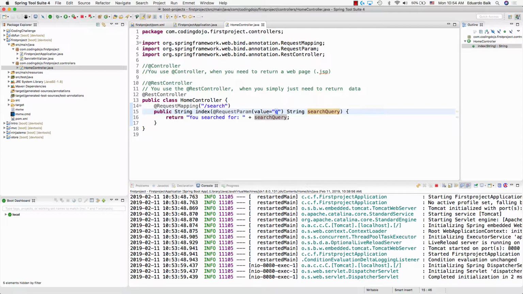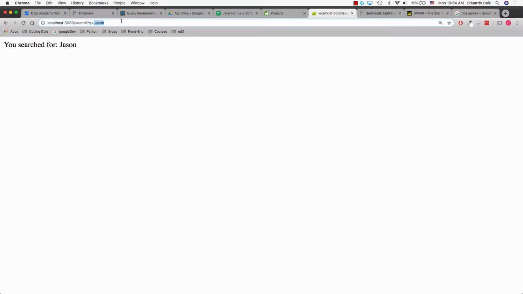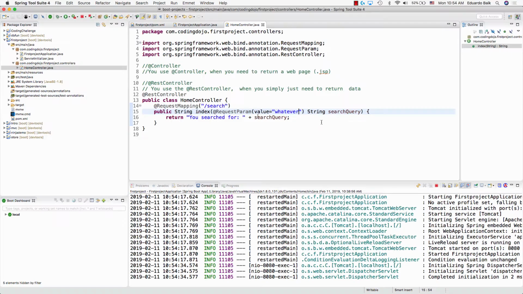So if I change Q to whatever, then what do I have to change in my URL to still give me a correct answer? Q. This has to be called what now? Whatever, right? Left hand side, right hand side. And then I'll say Jenny. You search for Jenny. Now if I put Q back in, and don't change the code here,